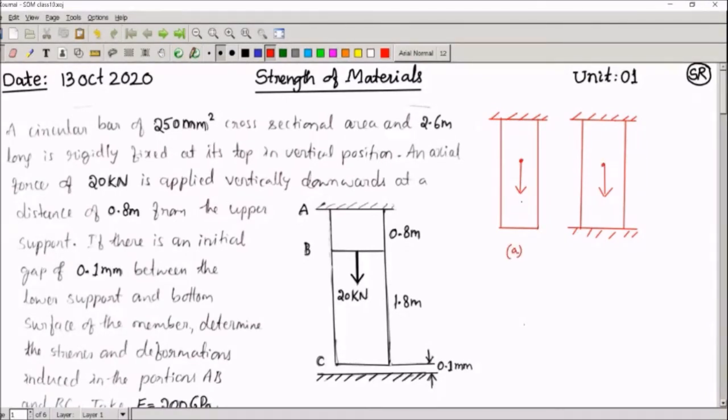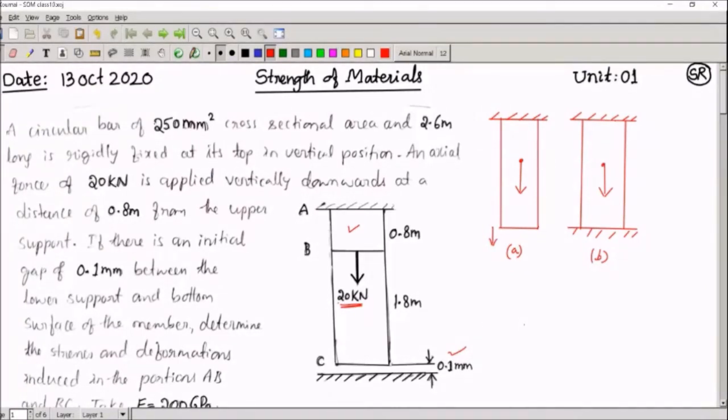When you apply 20 kilonewton load, the surface will move downward freely because it does not have any support. So when there's a gap, to fill this gap, it experiences the same kind of deformation. But once it attains this much deformation, then it goes to case B. When you apply 20 kilonewton load, a certain portion of this load will be utilized by portion AB to undergo a deformation of 0.1 mm. Because when there is a gap here, to fill this 0.1 mm gap, AB will deform, but BC will not deform. It will just rigidly move.